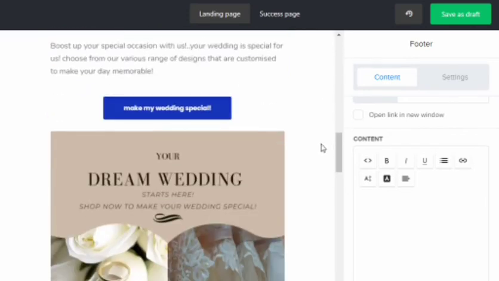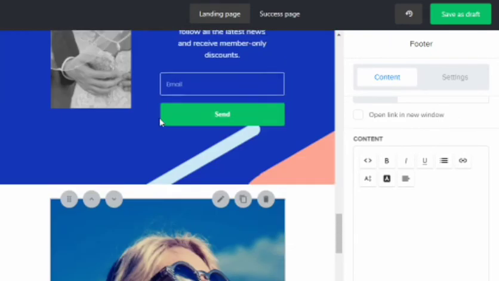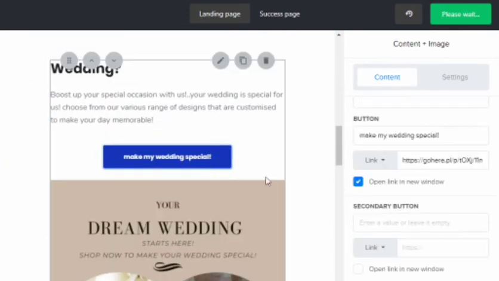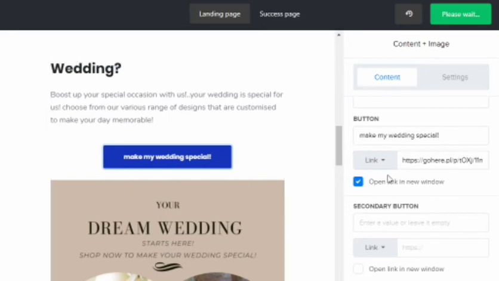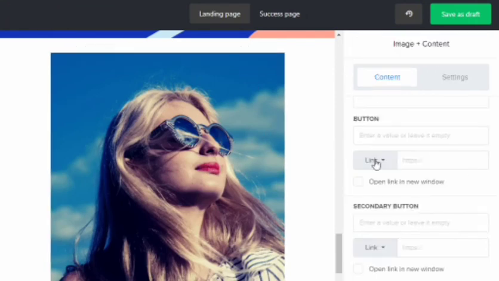See, I have added one poster for the dream wedding. You can easily make posters in Photoshop if you know it, or you can even make them online. When they click on that, they will be redirected to my affiliate URL. I have also added a few buttons here and there.